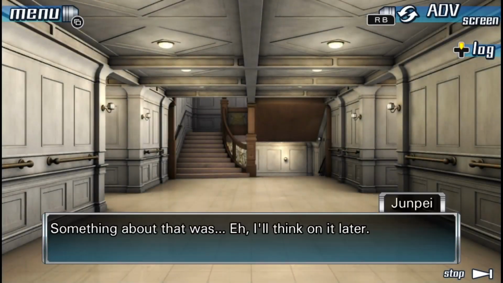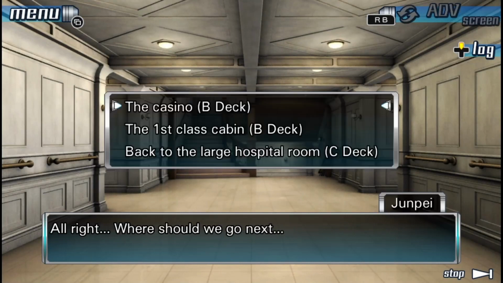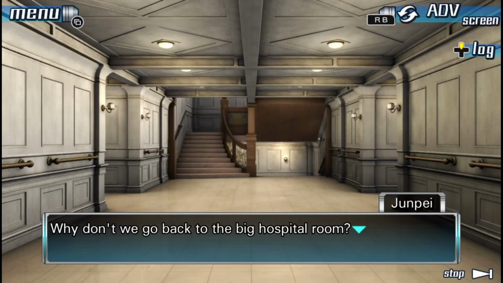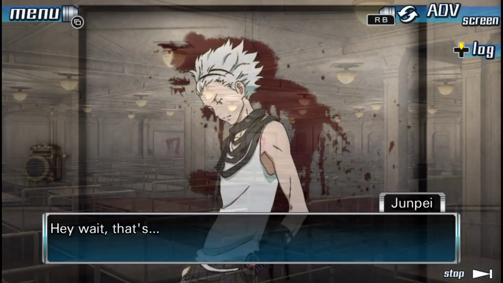Something about that was... I'll think on it later. Like Ace said, finding Snake is our top priority. All right, where should we go next? Okay, so we've been everywhere, so we're just gonna go ahead and go back to the large hospital room. Why don't we go back to the big hospital room? Okay, let's go then. Hey, wait, that's...